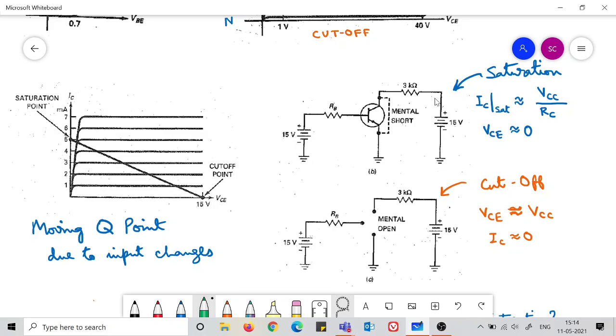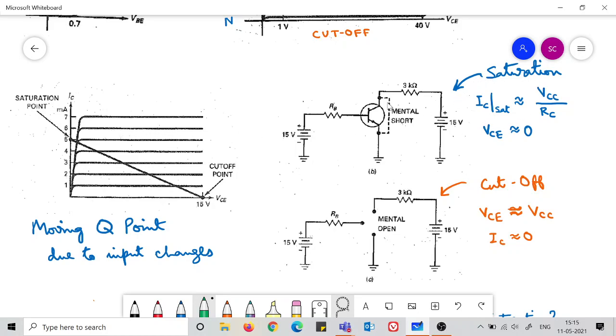So we find the saturation current by making VCE 0. The saturation current is nothing but this voltage divided by this resistance, and we find some current IC. If this IC that we have found is less than the IC in the active region for the particular IB, which we can always calculate from the input base loop, then, since beta times IB is the collector current in the active region,